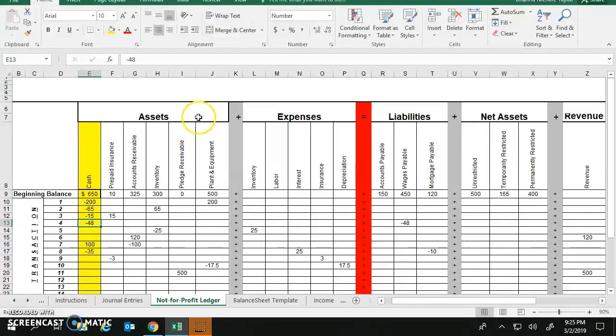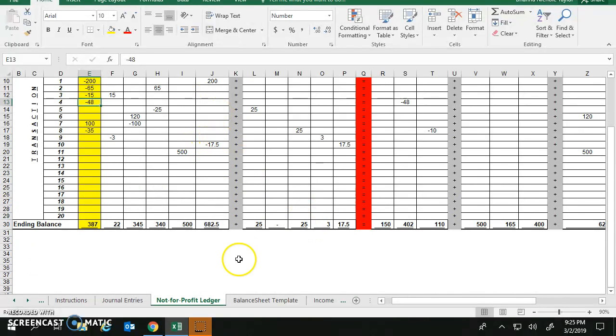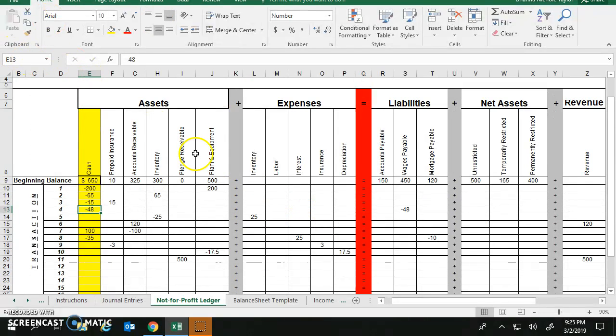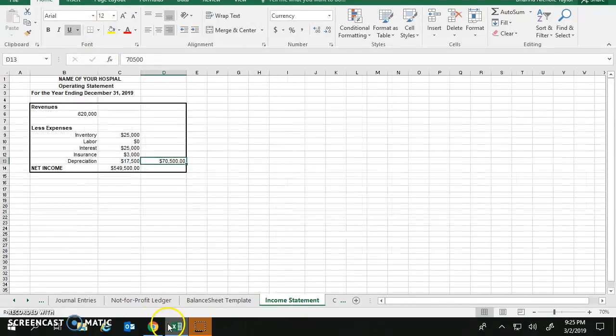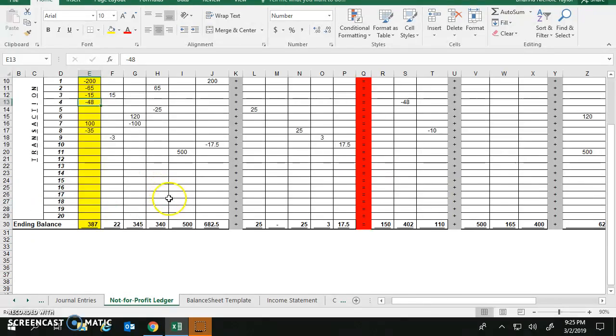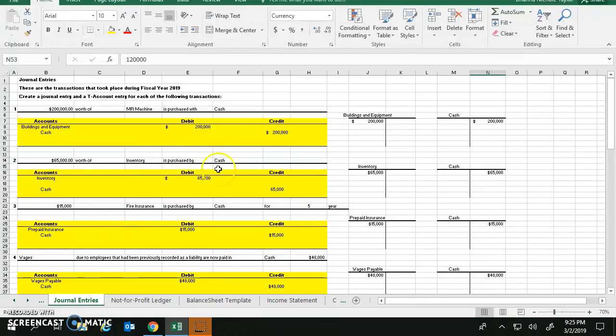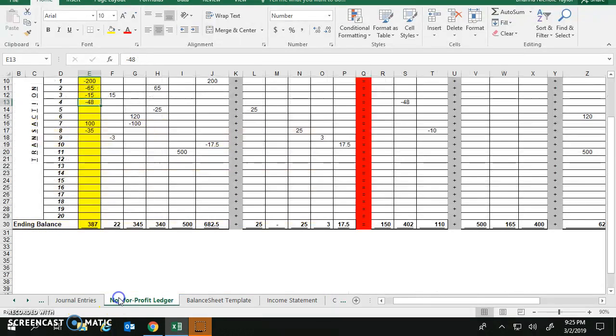All right, and hopping back in, one of the key things you need to remember is this formula: assets plus expenses should be equal to your liabilities plus your net assets plus revenue. This is the only way your chart will be balanced. If you mess up, per se, on your journal entries, then nothing else you do will balance, and then you'll have to start over. So make sure you pay attention to the values you insert,